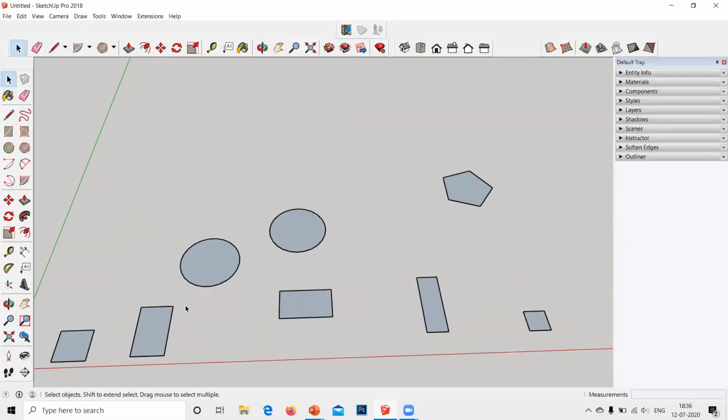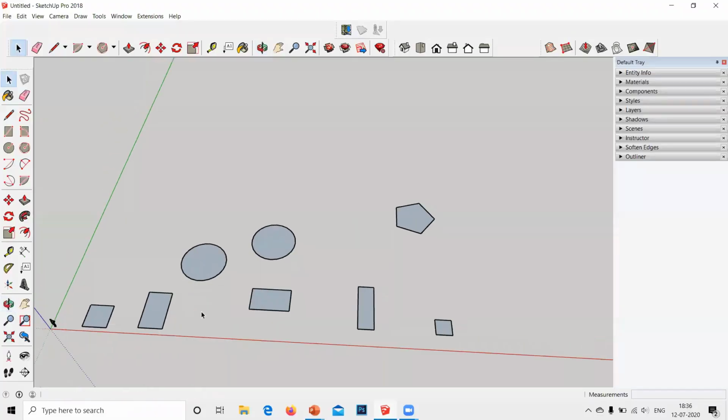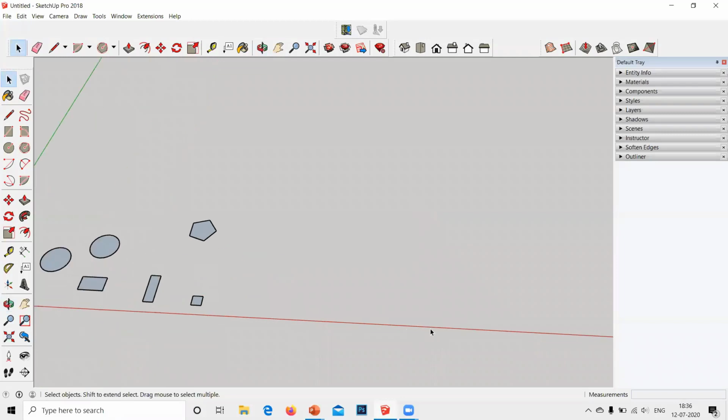Okay, so now we'll just start with the first model, which I had told you in the previous session, that we are going to design a house, and on this journey we are going to learn the rest of the tools. So today we are going to make a room. Okay, so I want you to make a room with a rectangle tool. Click on this rectangle tool.